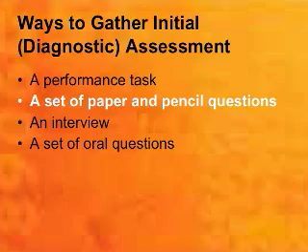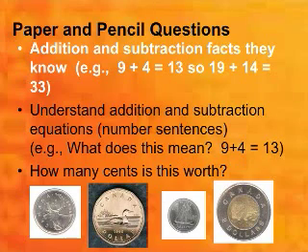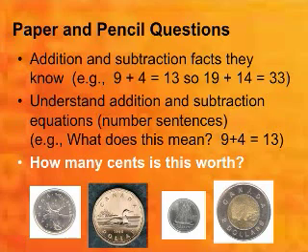I mentioned before that you might do some paper and pencil things. Now, I think with a grade 2, it's highly unlikely I do too much paper and pencil, but you might do things about gathering some information about facts they know, whether they can understand little equations, number sentences that you write, and so on. And that might be a reasonable thing with paper and pencil. I mentioned coins before, and one of the things you might want to do is show them coins on a picture and say, how many cents is this worth, how many cents is this worth, and that might be a reasonable thing to do on paper and pencil for kids at that age to find out what previous knowledge they're bringing to bear.